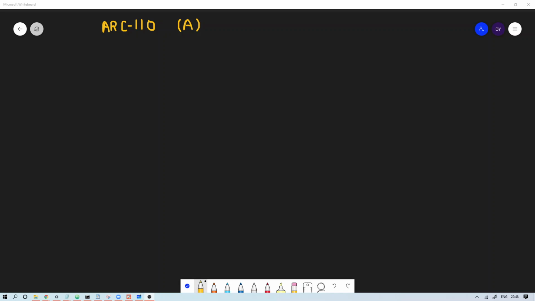Hello everyone. Let us solve problem A of AtCoder Regular Contest 110. In this problem, you are given a number n and you have to find a number x such that x is between n and 10 to the power 13,